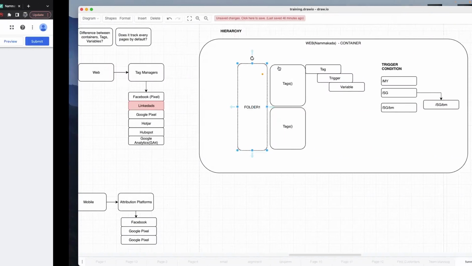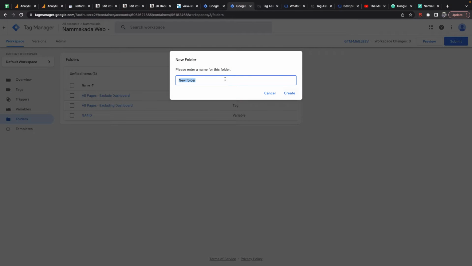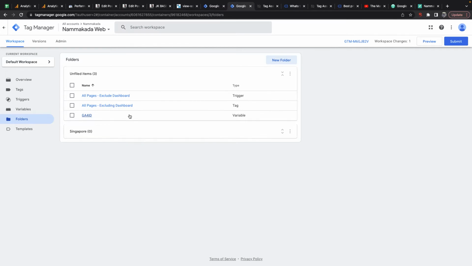Currently I don't have a need, but it's a very simple one. If you want to do it, you can do it. So I'll just do it. Singapore, just put Singapore, and then if I want to move something, I can move them. Okay, so